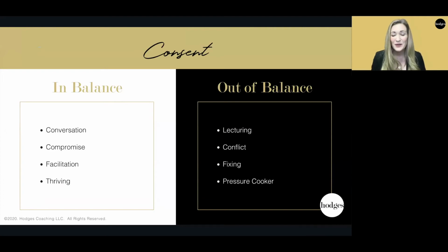And then consent, which again is not just about sex or sexual harassment, although it can help prevent that. Consent is more about openness. It's about buy-in. It's about knowing if something is okay with somebody, right? And when consent is out of balance, you have a lot of unsolicited advice, a lot of lecturing, long lectures that someone is not open to and can't even hear in the first place, which leads to a lot of conflict because nobody is checking in to see, like, do you want to hear my opinion? Do you want to hear me gossip about Jerry today? Maybe not, right? And it can lead to conflict. It can lead to a lot of problems.